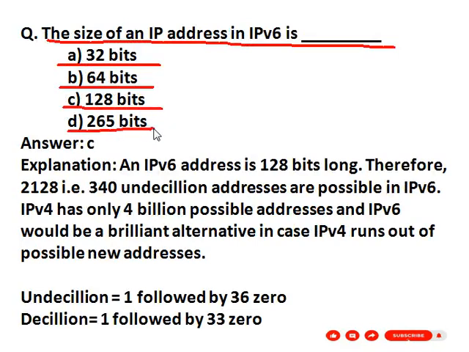128 bits. See the explanation. An IPv6 address is 128 bits long. Therefore, 2^128, that is